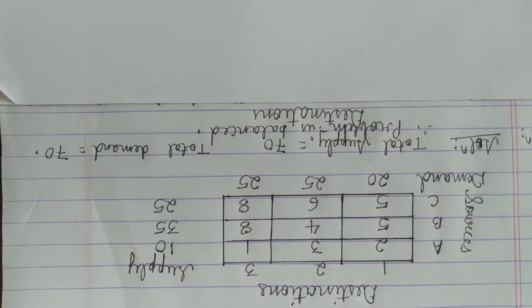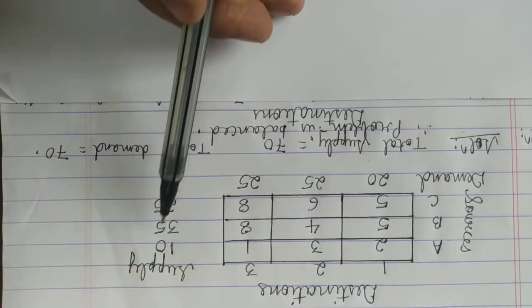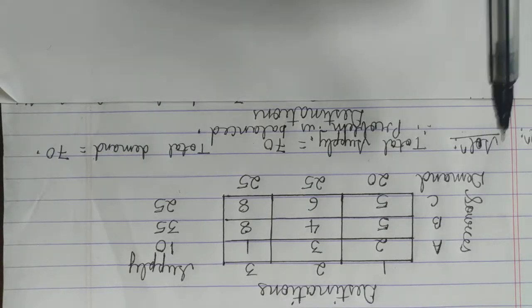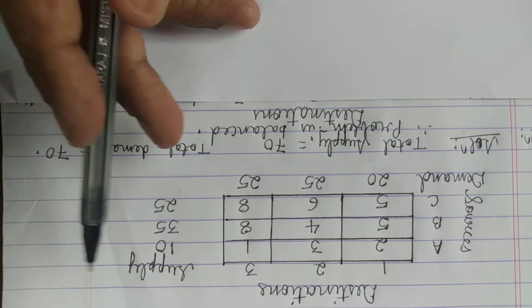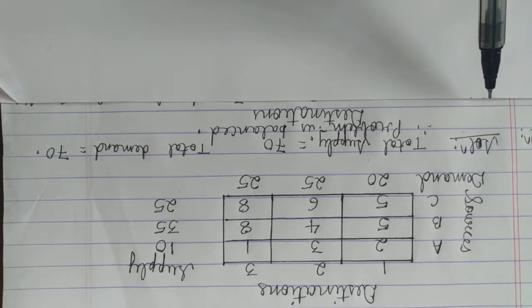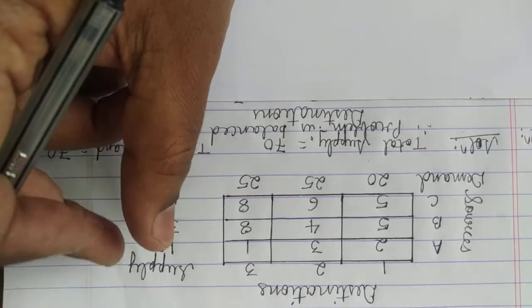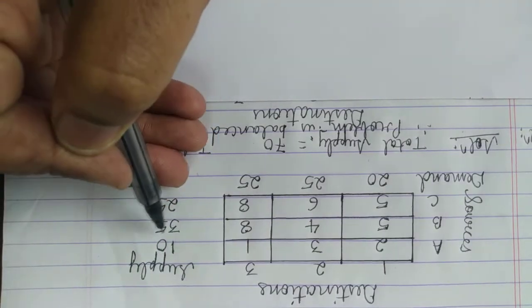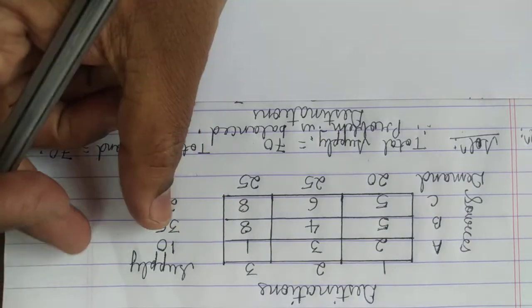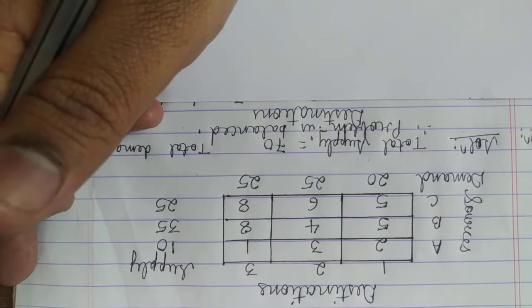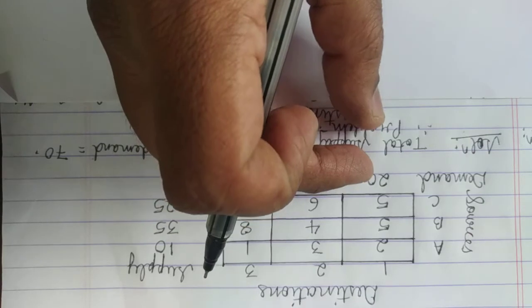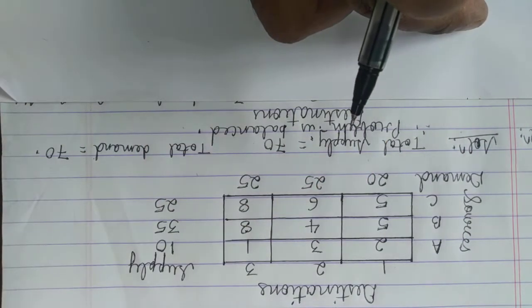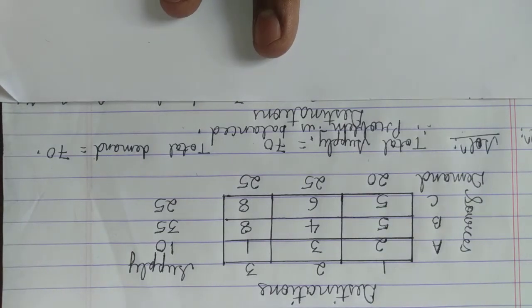Once you copy the problem as it is, what we are going to do is find a set of row penalties and column penalties. Row penalties will be written here, column penalties will be written here. We need certain space for the cancellations: this 10 goes, then 35 goes this way. So leave some space, then write row penalties. Similarly here you need at least 3 lines. Leave 3 lines and then you can start column penalties. Okay, so this is what we do.